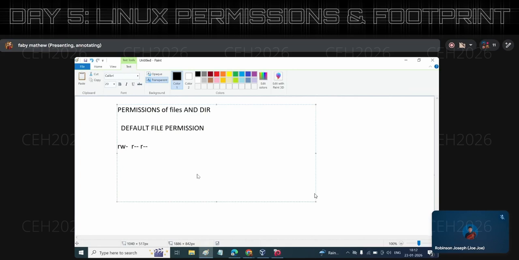So read write permission for the owner, read permission for the group, and read permission for the